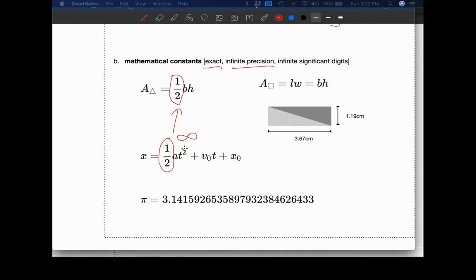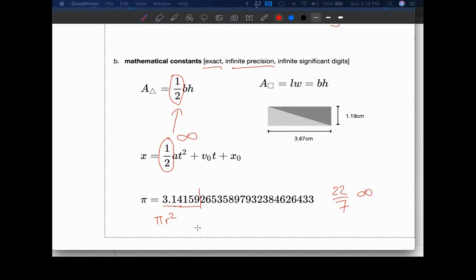We get to pi. This is a little more different here, but this is a number that is not a whole number. It's not made up of whole numbers that we easily recognize, although it may be equal to the fraction 22 sevenths. And we have to be careful because if we use 22 sevenths, then we may say it has infinite precision. But if we use 3.14, it has a different level of precision. So if we're doing a formula, say pi r squared, and we use 3 for pi, then it has one significant digit. If we use 3.1, it has two significant digits. In this case, if we use 3.14, it has three, and so on.